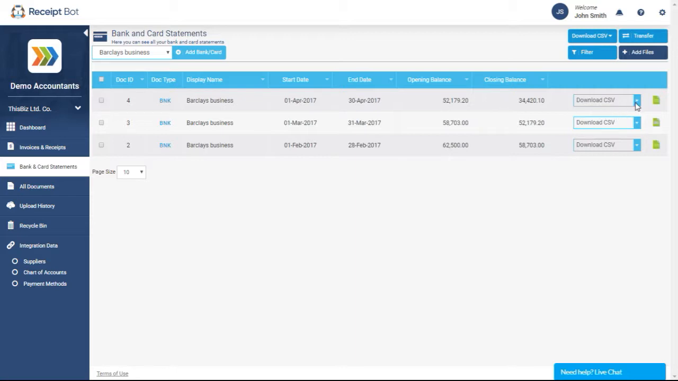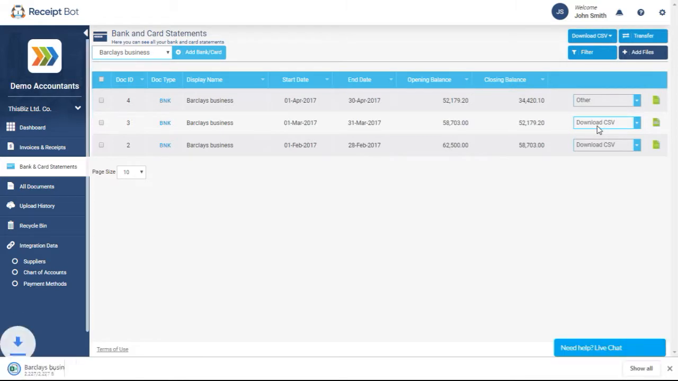You can download the CSV from here. It can be in Xero format or QuickBooks format or just a general format. The specific thing with Xero and QuickBooks formats is that you can upload them with this accounting software without manual